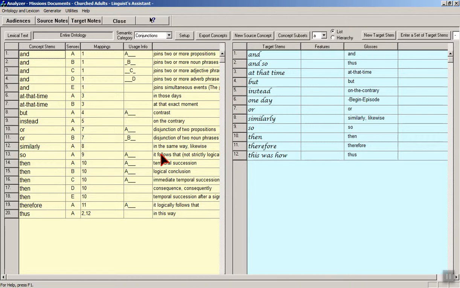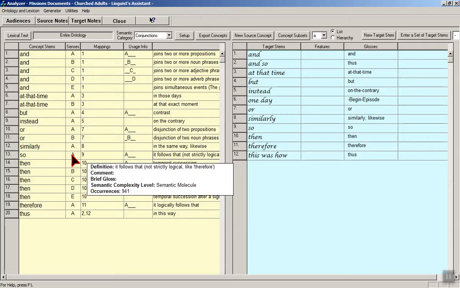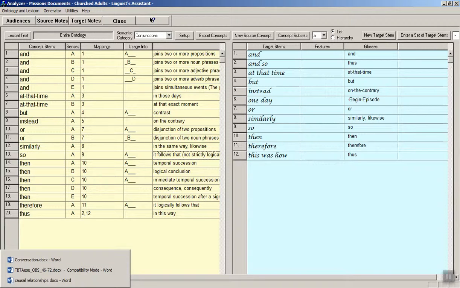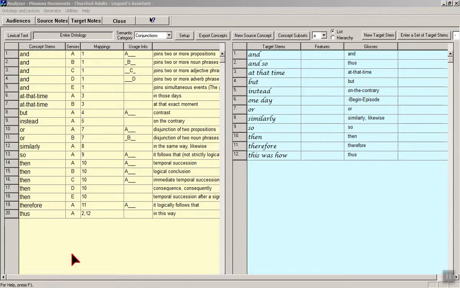And if you look at the gloss or definition in the fifth column, or I can see that if I just hover the mouse over the letter A in the second column, it says it follows that, not strictly logical, like therefore. So we have so and we have therefore. So therefore, it logically follows that. So to show you a couple of examples,